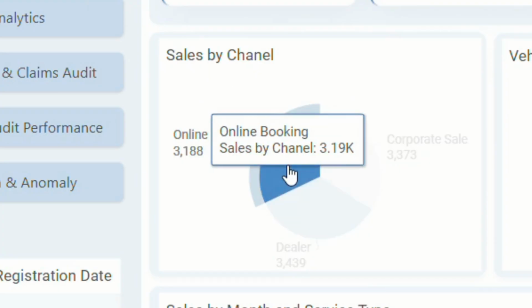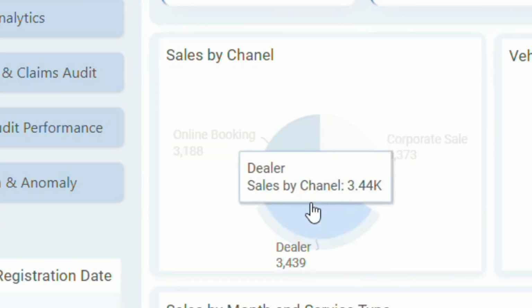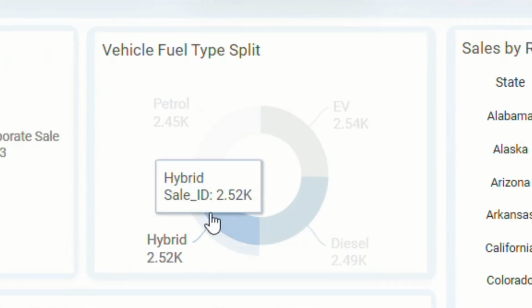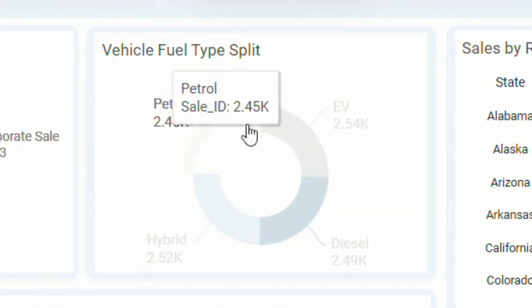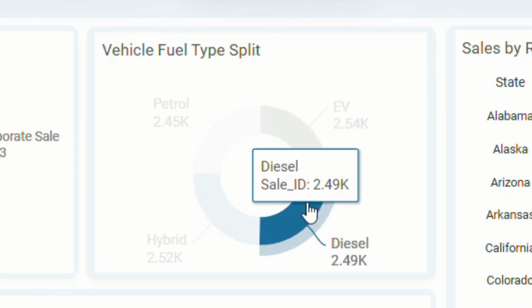Sales by channel then highlights how volume is distributed across online bookings, dealer sales, and corporate sales. Next, the vehicle fuel type split shows the contribution of petrol, diesel, hybrid, and electric vehicles, helping track product mix